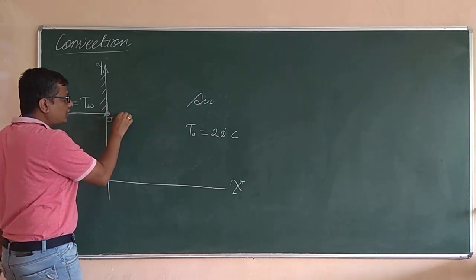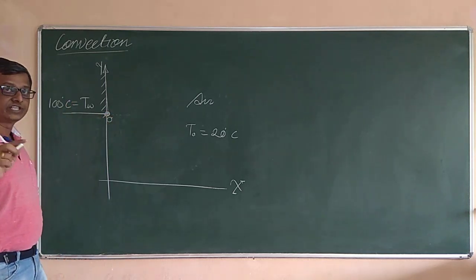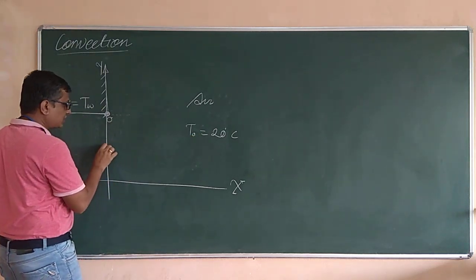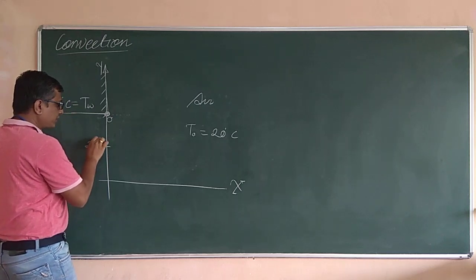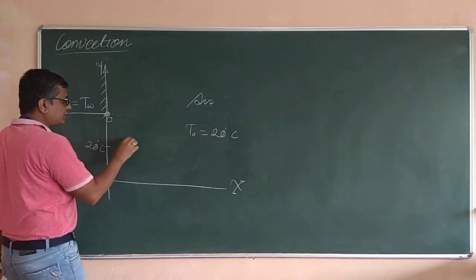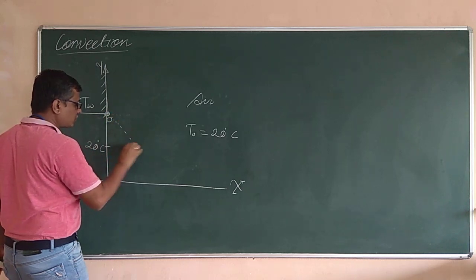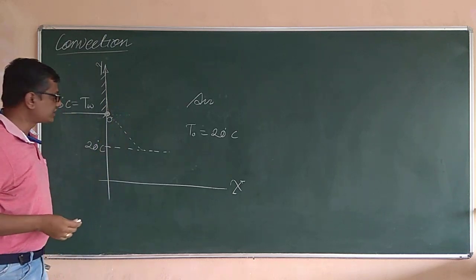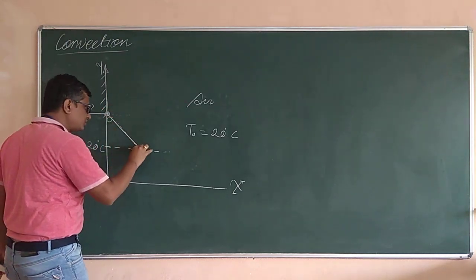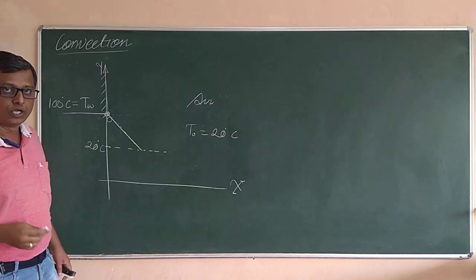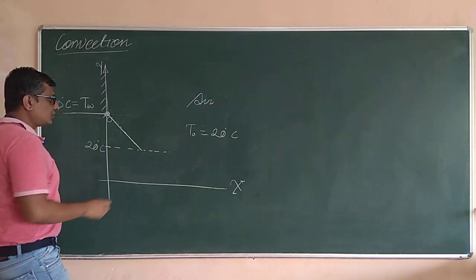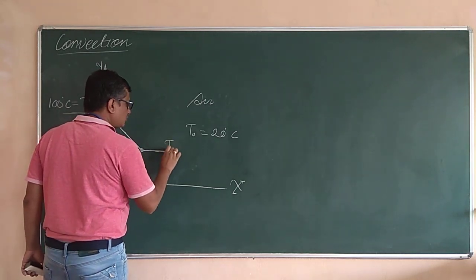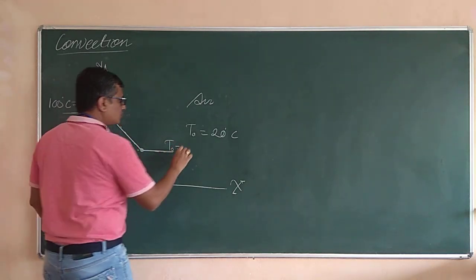And if you go farther and farther from this wall, you will observe the temperature decreasing, and somewhere here the temperature will be about 20 degrees Celsius. This is the 20 degrees Celsius mark. So the temperature is continuously decreasing until somewhere here, and from here onwards it is constant. Just for the time being, consider the variation of temperature with respect to this distance to be linear. Actually it is not so, but consider it so. In that case, from here onwards the temperature is almost constant. So this is equal to TO, which is 20 degrees Celsius.